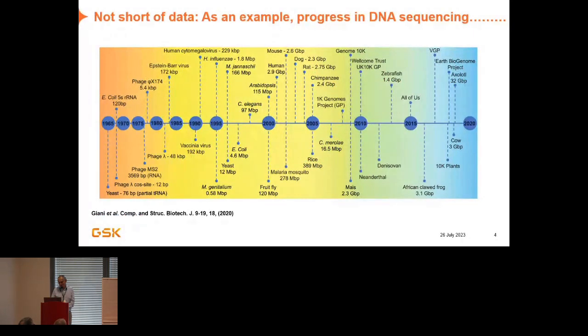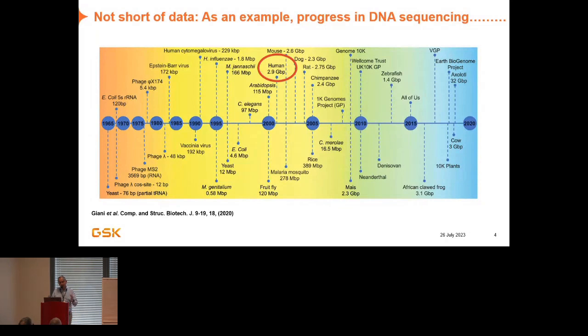I just want to point to the human genome, and Phil talked about that earlier, and I think he was right. I'm old enough to remember that when the human genome came, people said that 5 years later we'd be out of jobs because all the drug targets would be found. Of course, that's not the case at all. We may not be short of data, but we may not always have the right data. That's something to think about when people generate data, making sure the data address the questions we have in front of us.